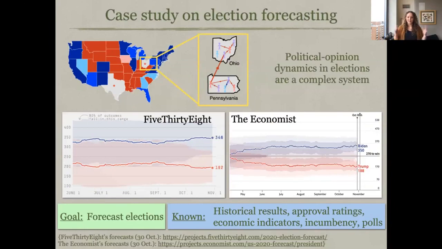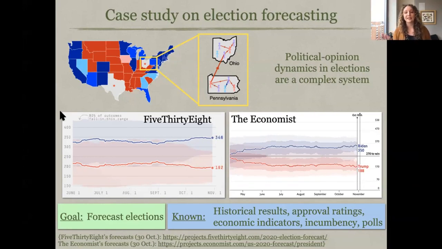All right. So the general question here to start with could be, for example, we want to understand election forecasting and be able to determine who is going to win an upcoming election. I like to think of opinion dynamics as a complex system because the resulting election dynamic, or result of the election, is coming from the interactions of individuals. They're driving the result. What you see in these two pictures are two examples of the forecasts of the electoral votes going to Biden and Trump from 538 and The Economist, right?